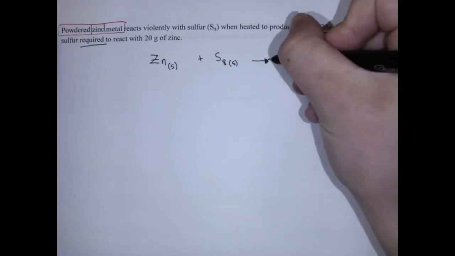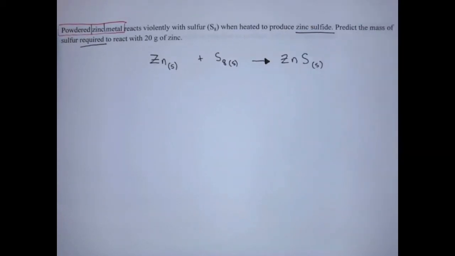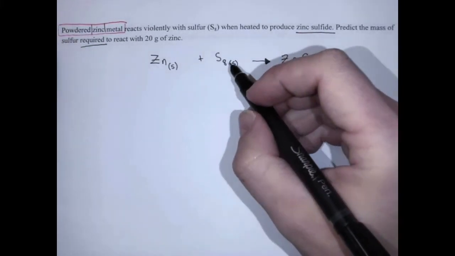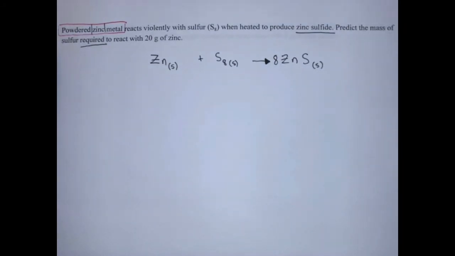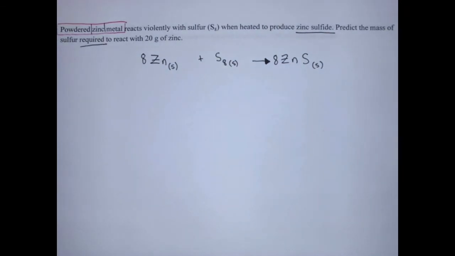That's the first thing you should do. And then the next thing we need to do is balance it. And what do we need to do to balance this? Well, I've got 8 sulfurs on the left. I need to have 8 on the right. So I put an 8 there. And that means I need to have 8 zincs. 8 zinc